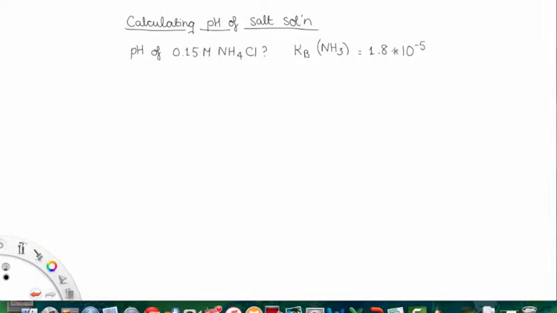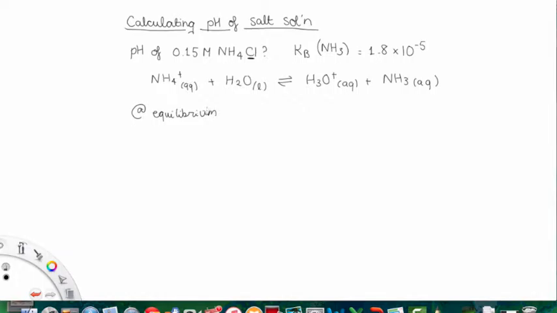So first off, let's write out the equation. NH4 plus, since I'm not including the chlorine, plus water goes to H3O plus and NH3. Since this is a salt and the ammonium ion and the chlorine ions dissociate, since that's the process of dissolving a salt, we have to write them out as equilibrium concentrations. So at equilibrium,